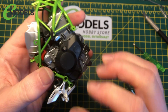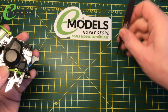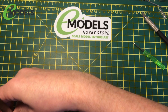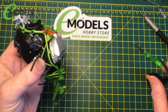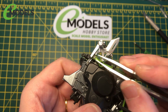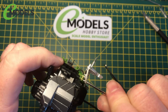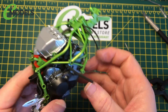And the last screw goes all the way down the bottom here. Is it down the bottom there? Yes it is. All the way down the bottom. Everything's going to be right. There, get rid of that. So get your angles right, you can drop it in the hole. Like so. It's frame fitted,